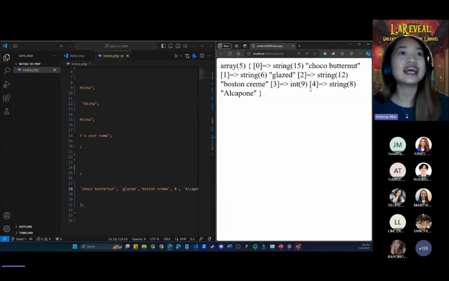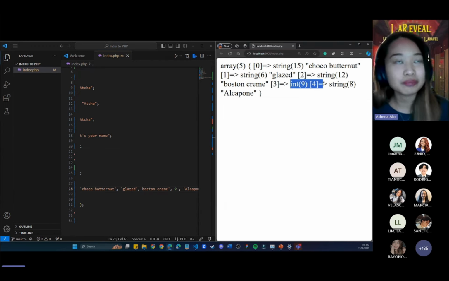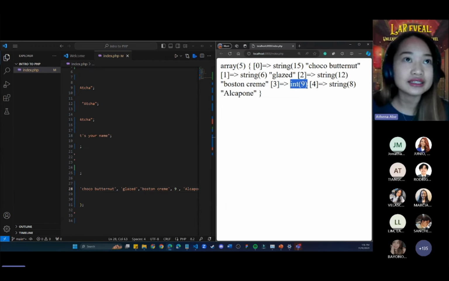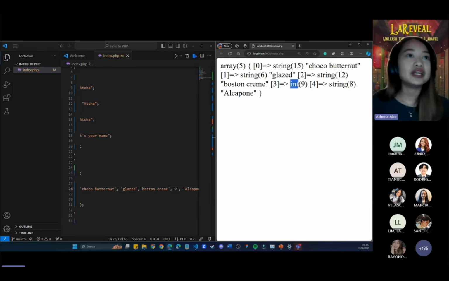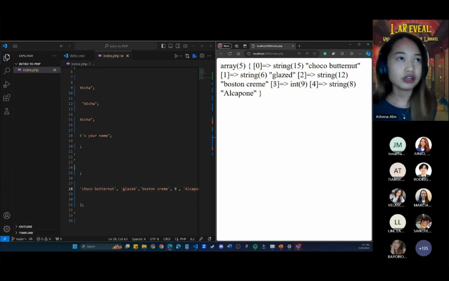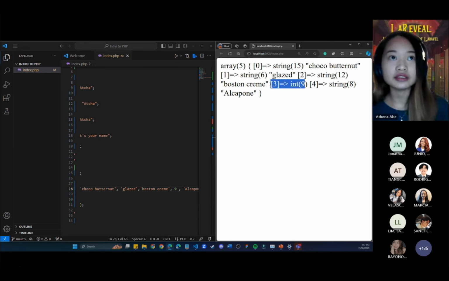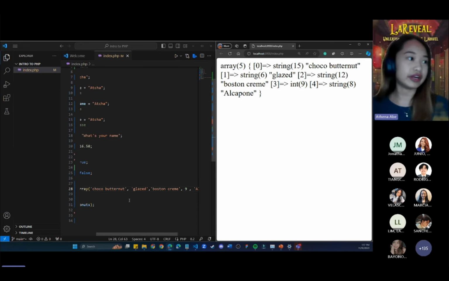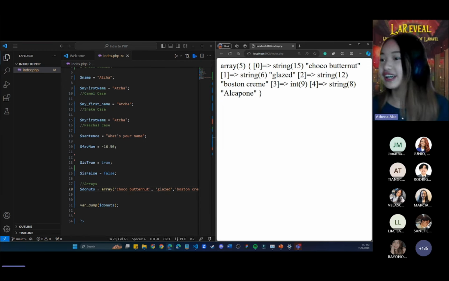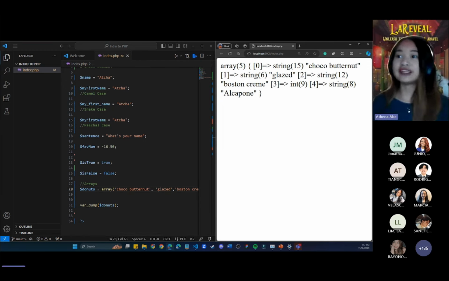Ayan, refresh natin. As you can see, when we use the var dump, it would show us that integer is the data type of the array number 3 or index number 3. It has, ayan, 9. Ayan, okay. Very good. Ayan, sayang din nakaabot yung iba. Okay, that was the